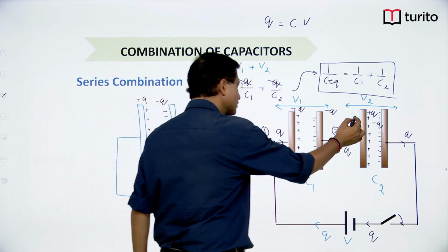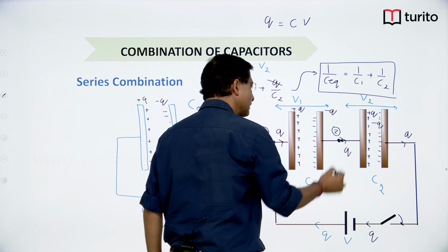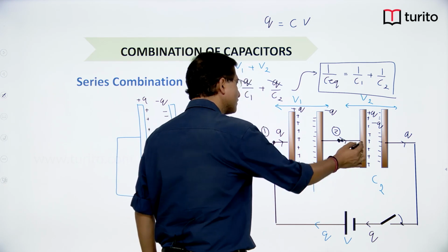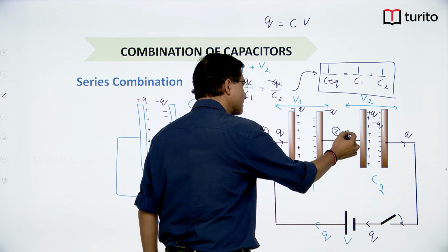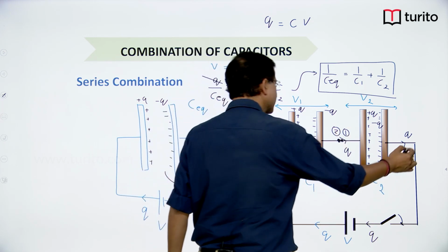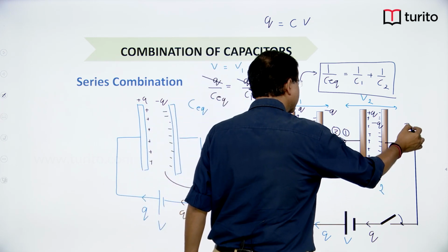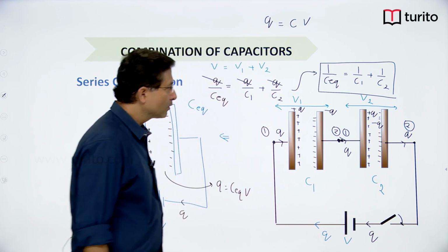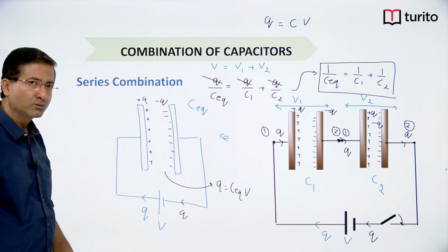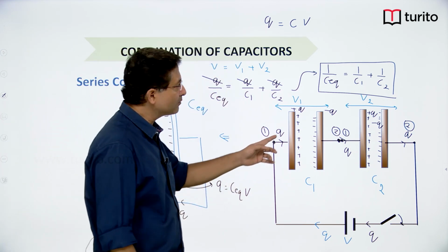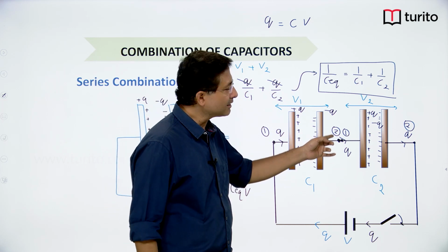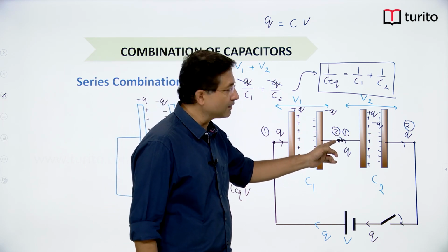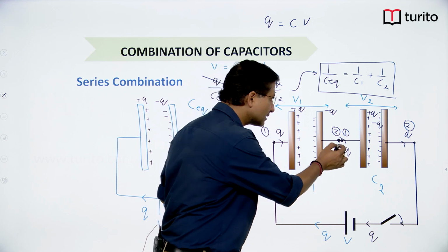Similarly, this one is the first terminal of the second capacitor, and this is the second terminal of the second capacitor, right. So, when the second terminal of the first capacitor is connected to the first terminal of the second capacitor and there is nothing connected in between,